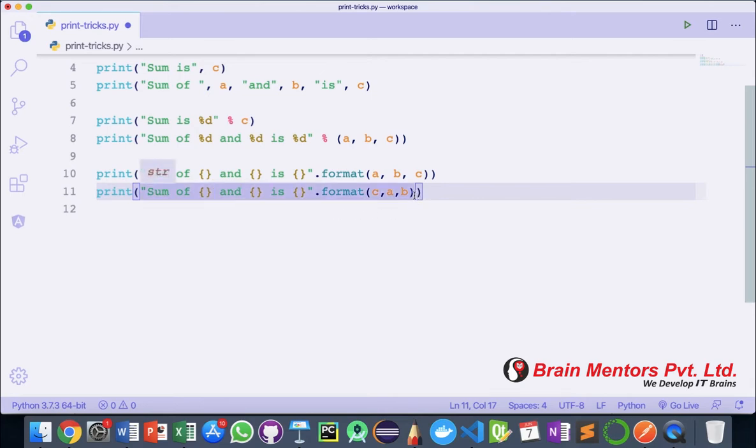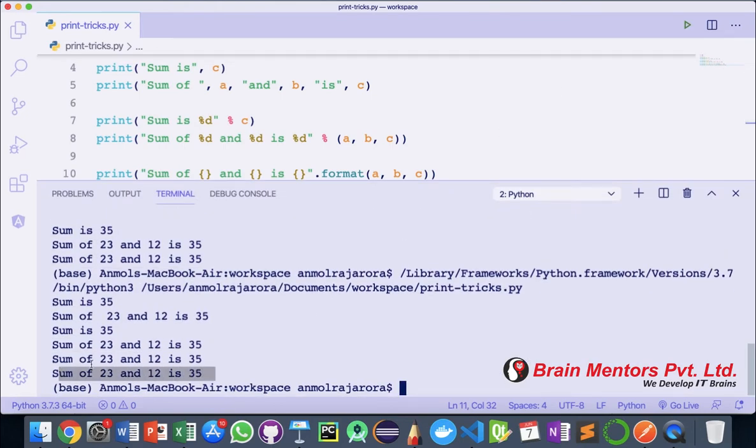Because like our arrays, lists or tuples, this starts with index 0, similarly this will also be treated as an array. So what we are going to say here is that I want to print the value of a here. A is sitting at first index, if you see 0 and then 1, so I will put 1 here. Then here should come the value of b, and b is sitting at the last position, so that will be index 2 here. And then here c is going to come in, so I will say 0 here, something like that. Let's also test this out. If I run this, it's again working perfectly.